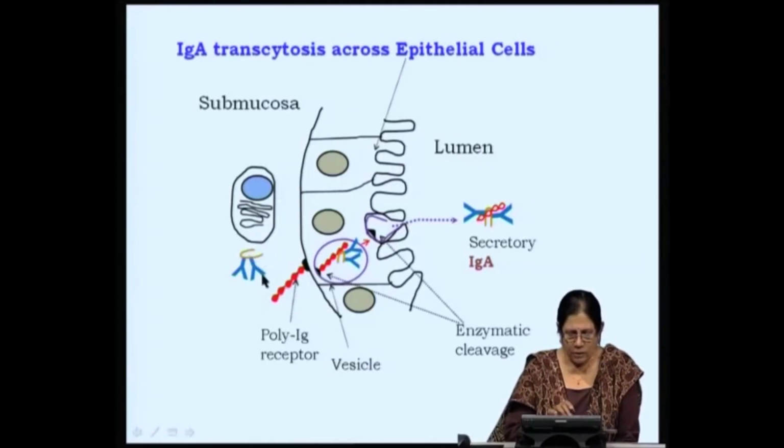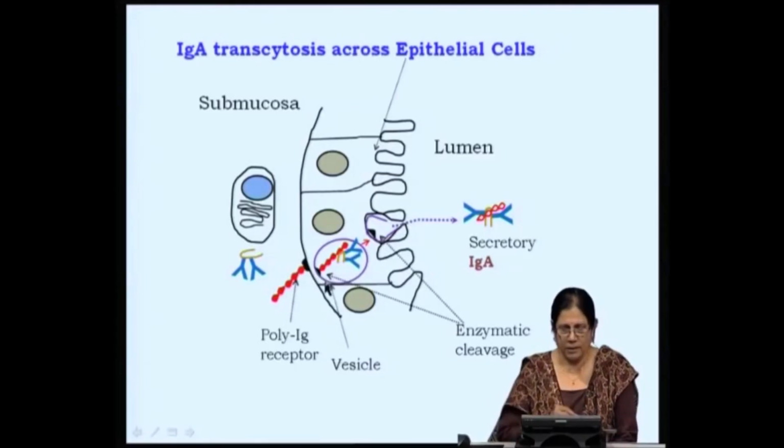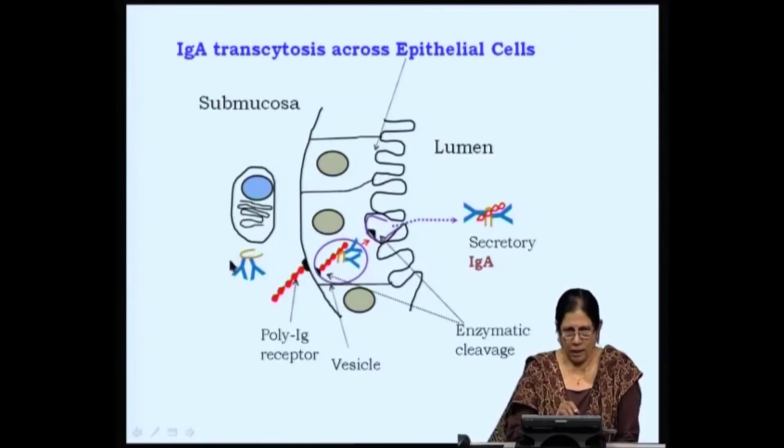Now, this allows accessibility to a region on the Fc portion of the IgA, one of the monomers, to recognize or bind to a receptor which is also a member of the immunoglobulin superfamily, which is known as poly Ig receptor, which is present on the basolateral surface of the epithelial cells. So, this is IgA synthesized, the dimer now binds to the polyimmunoglobulin receptor, triggering receptor mediated endocytosis of the entire